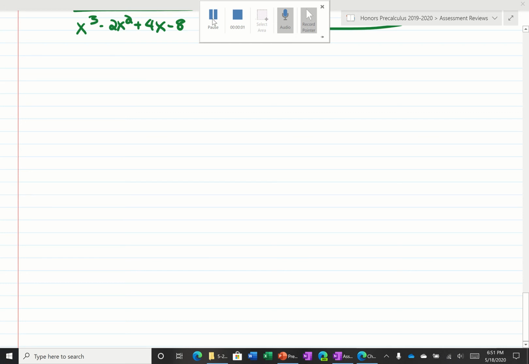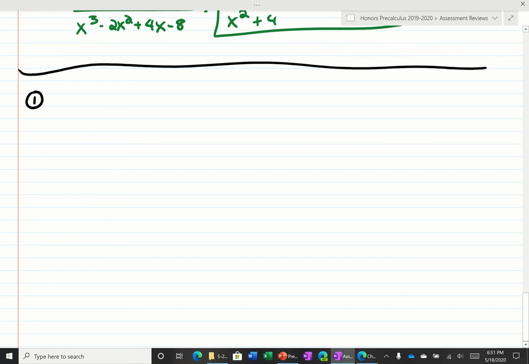Okay, so let's review your quiz from last week. First question is a recursive formula. If a sub 1 is 25, and the next subsequent term is a sub k minus 5, so what